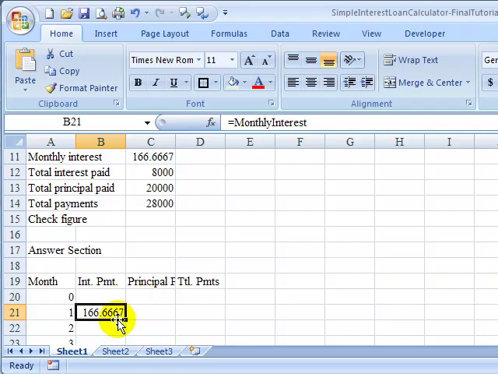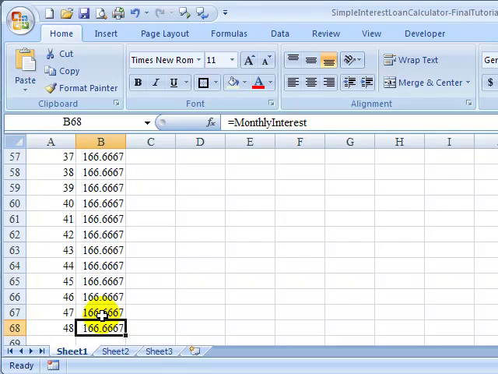But since we've got a formula that we like, and since we've already numbered these rows and they're adjacent, there's actually values in the cells just next to all the way down to row 48, Excel will allow me to put my cursor in the bottom right corner of this formula cell when the crosshairs appear, and just double click. And what that did, if I go end down, you see it went all the way down to row 48, and it's been copied. This formula, monthly interest, has been copied all the way down. If I go end up